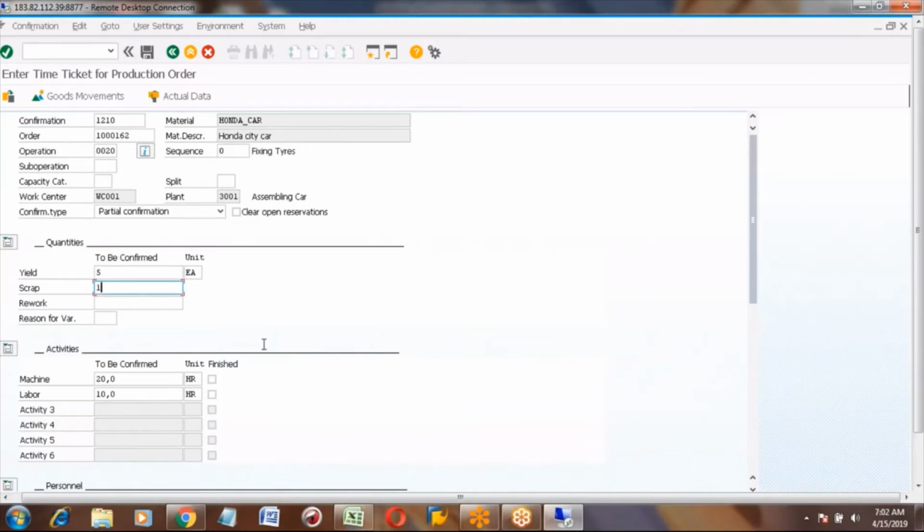So out of 5, 1 is scrap. Then good cars is only 4. Scrap means getting wasted. You cannot use that, so that is called scrap. When you put 1 and you enter, 4 will not come automatically. All this data you need to enter manually. The system will not calculate.